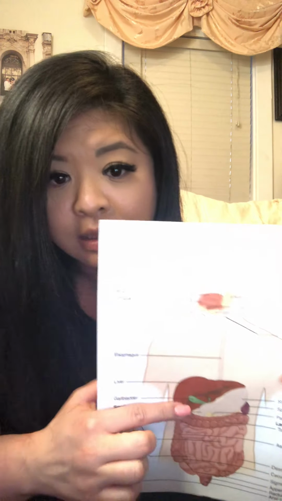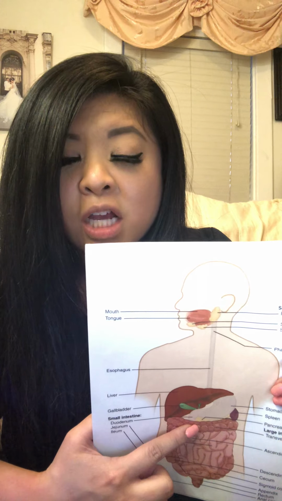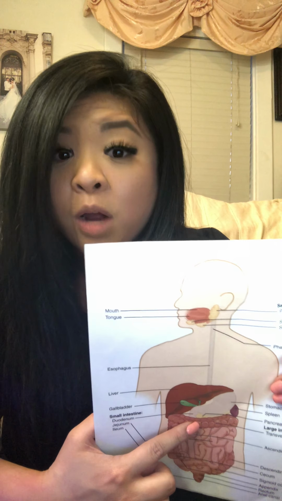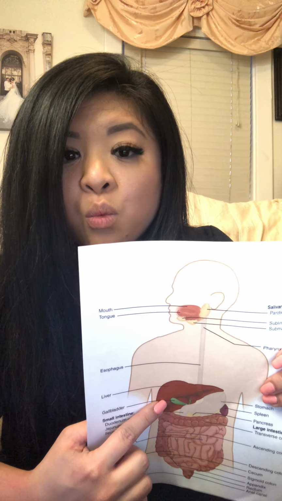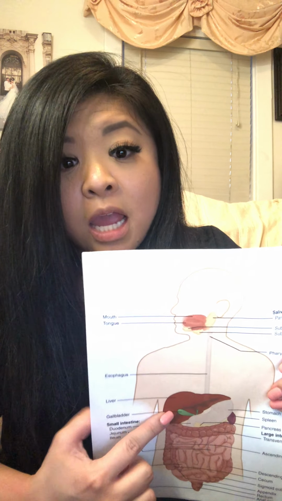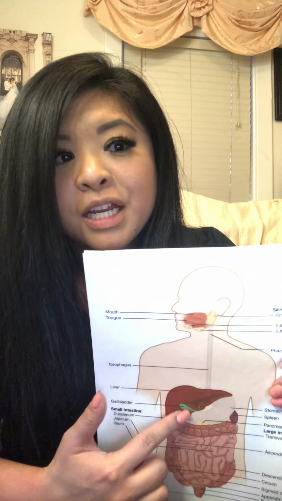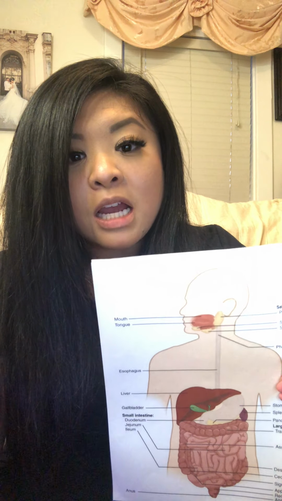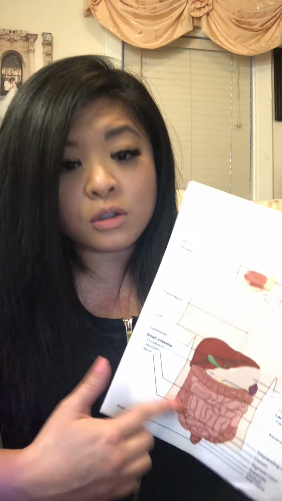The pancreas produces enzymes that help digest proteins, fats, and carbohydrates. And the liver produces bile, which helps absorb fat. Then the bile is stored in the gallbladder until it's needed. So the enzymes and the bile travel through special ducts directly to the small intestine, where they help